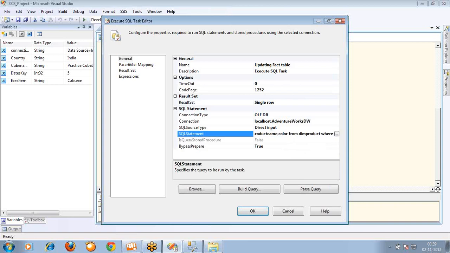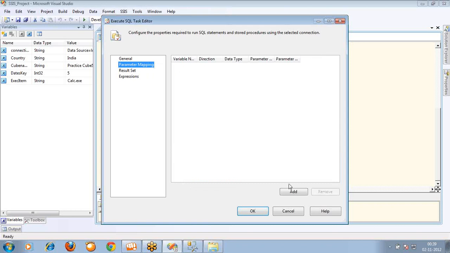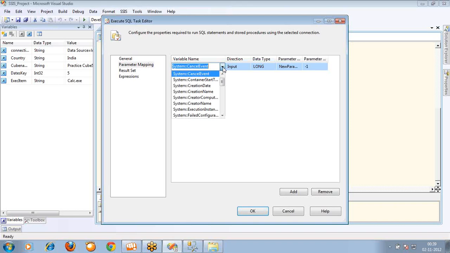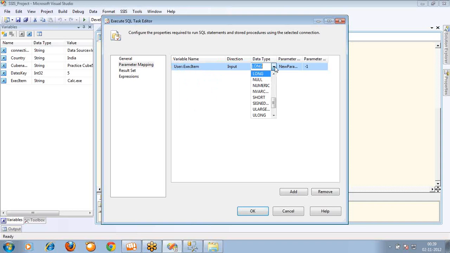what if you want to apply a parameter here, where color is equal to a question mark, just like the normal one, and map the parameter. How you have done it for update statements, what is the variable which will have this data. Let's say this one will be available. I'm going to pass the color value in execute item. Okay, this is a string,